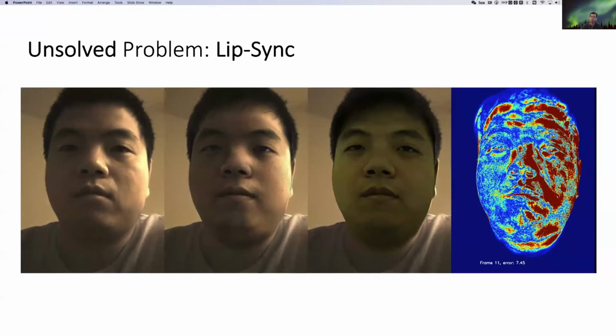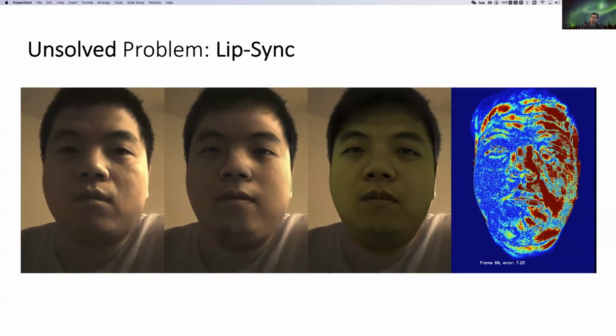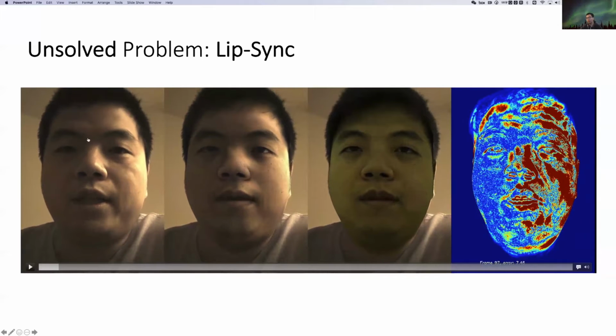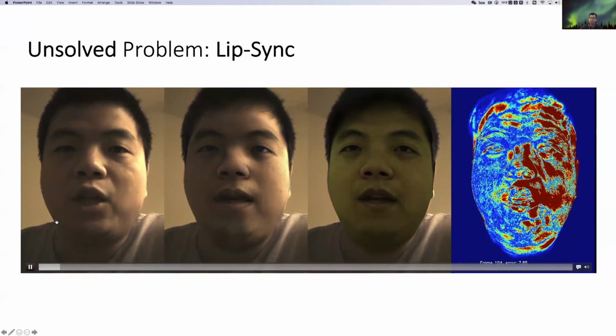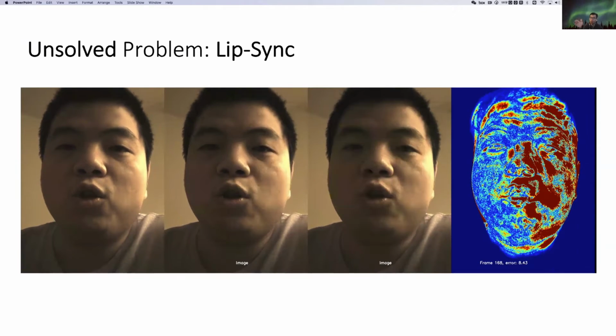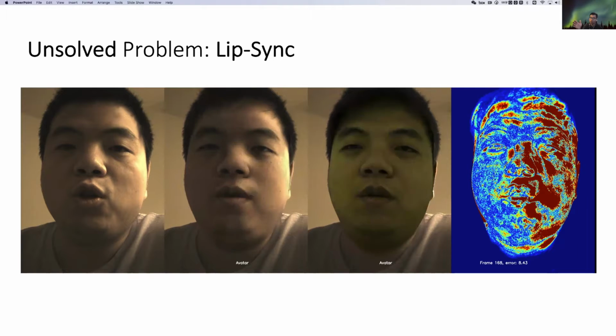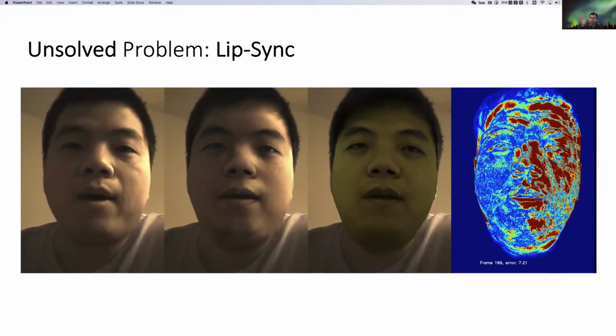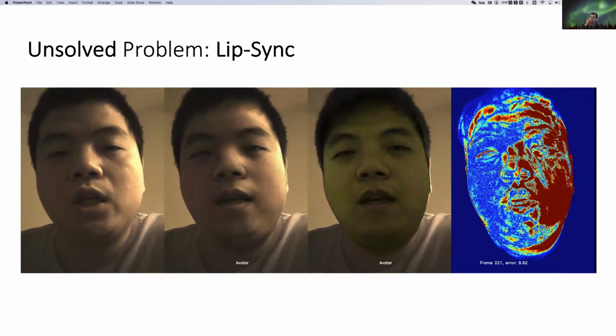For example, the first column is the ground truth video, and the second column is the synthesized video. If you compare it side by side, it looks good. But when we flip it between the ground truth frames, you can clearly see that the lip movement is not accurate.